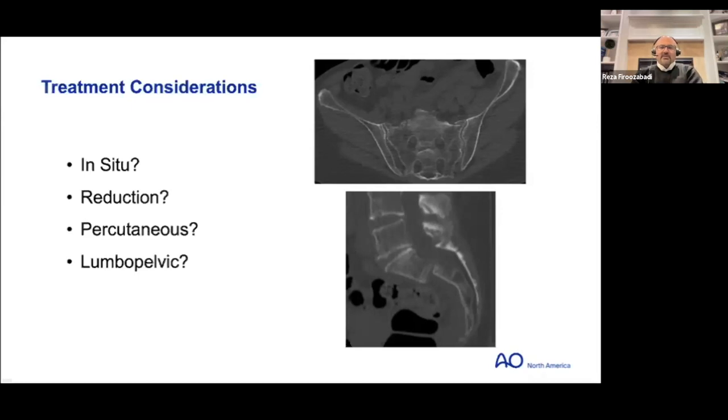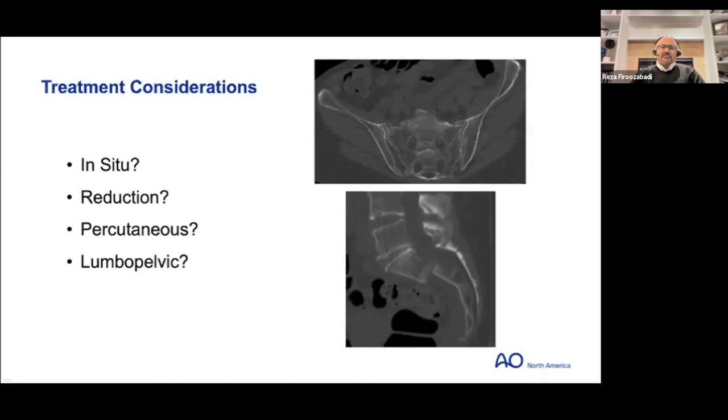But you also have to be careful if you're going to do that component first. If the vertical fractures, that being the zone 2 fractures or the zone 1 fractures, are not adequately closed down, then those may go on to non-union. So you really have to have a nice sequence and routine in regards to if you're going to open reduce these and use lumbopelvic fixation, and getting that sequence right. And I don't know, John, maybe you can